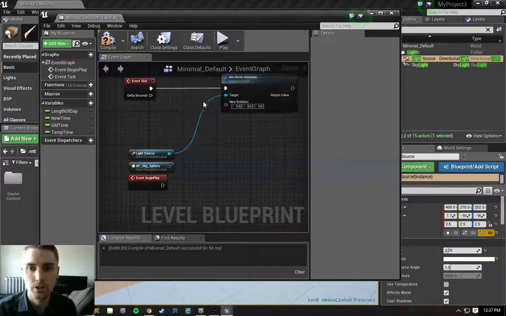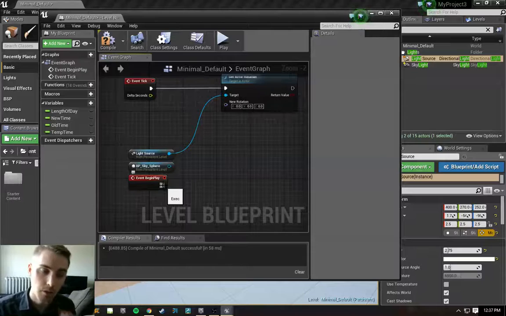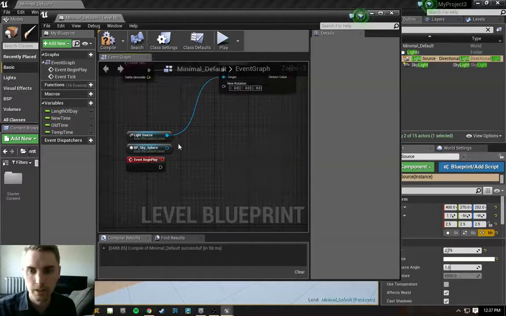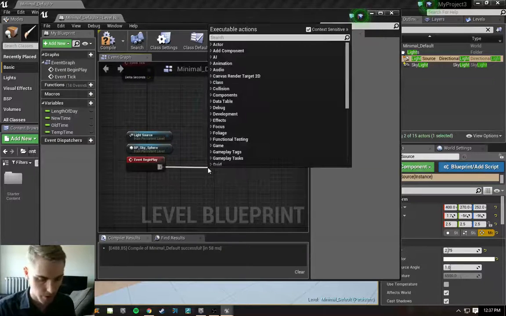Now you could do this so that it just also changes the rotation at that exact moment, but it would jerk unless you built in a timeline, which I don't want to do because I don't feel like it. But you could do this all off event begin play. That's totally fine if you want to do that to save any overhead that the event tick node is bringing into your project. So let's start with a do